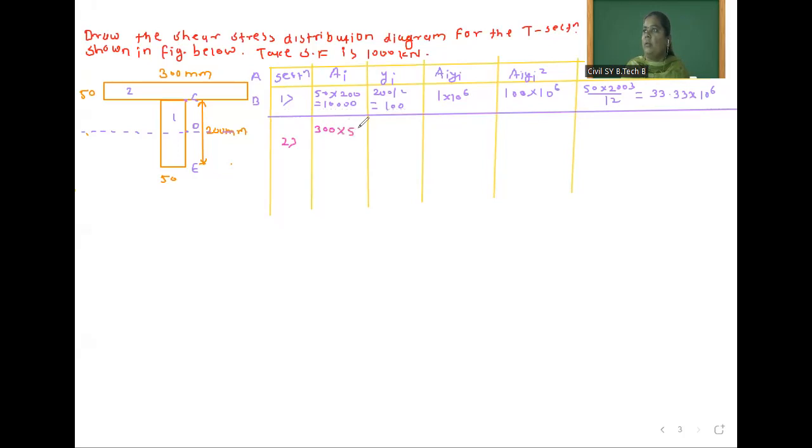300 into 50, so 15,000. After that, YI is 200 plus 50 by 2, which is equal to 225. After that, AIYI is 3.375 into 10 to the power 6. After that, AIYI square